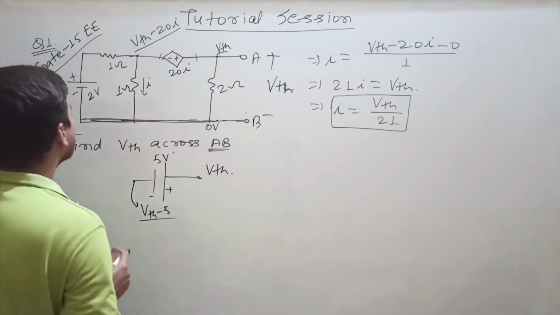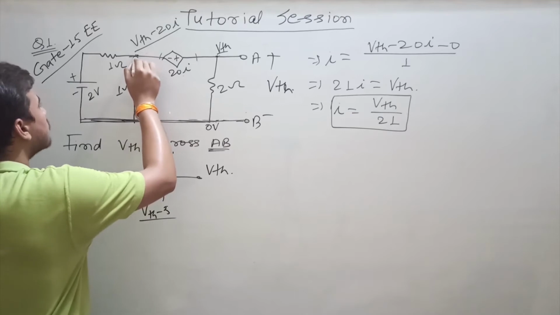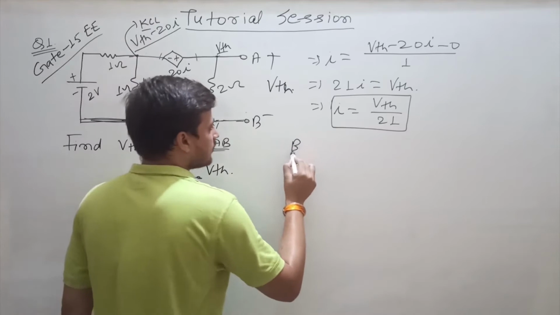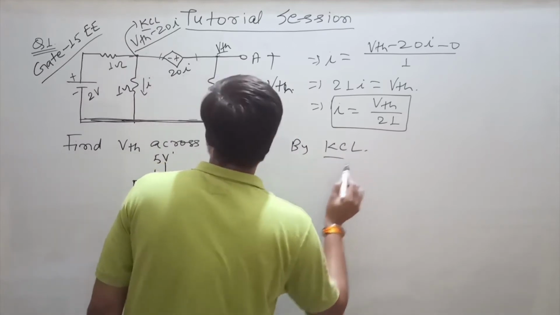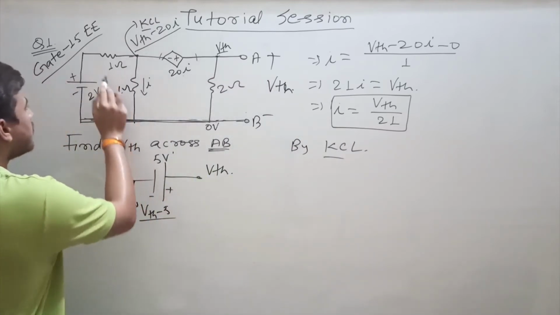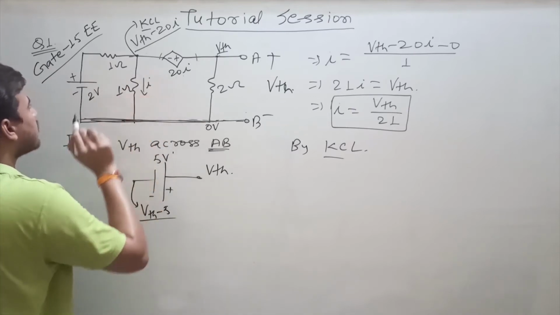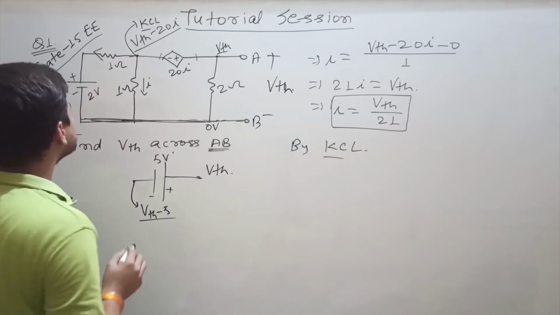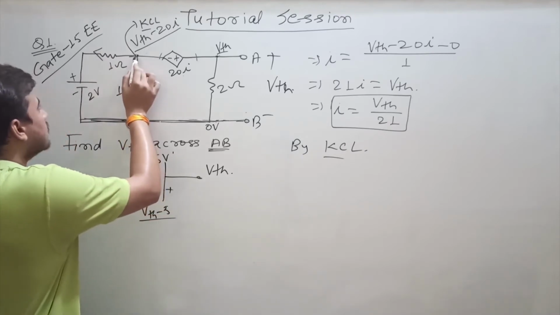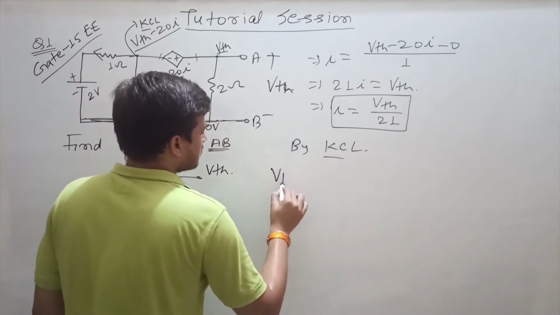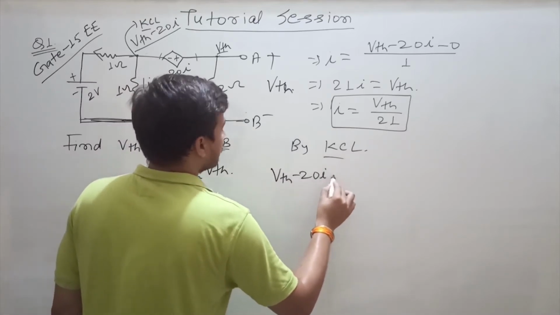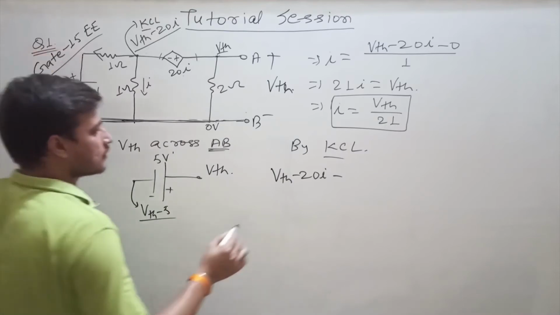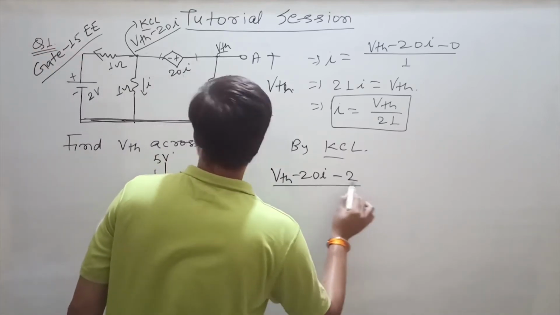Now what do we have to do? We have to apply Kirchhoff's current law at this node. So let us write by KCL. Here you see that there are 3 branches, 1, 2, 3. This is an outgoing branch. Let us assume the current is outgoing in this branch also. So here the value will be VTH minus 20I minus the potential of this point. This point's potential is 2 volt, so minus 2, divided by